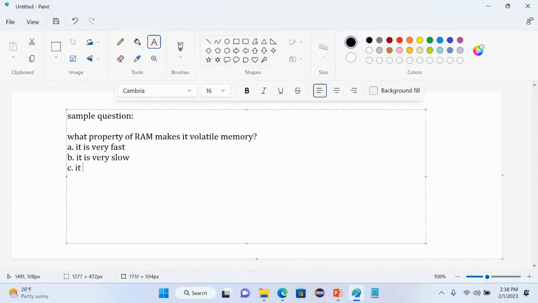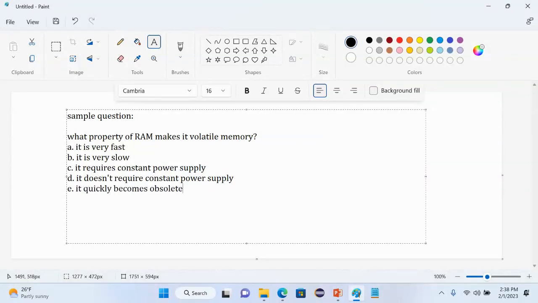Or C, it requires constant power supply. Or D, it does not require constant power supply. Or E, it quickly becomes obsolete.